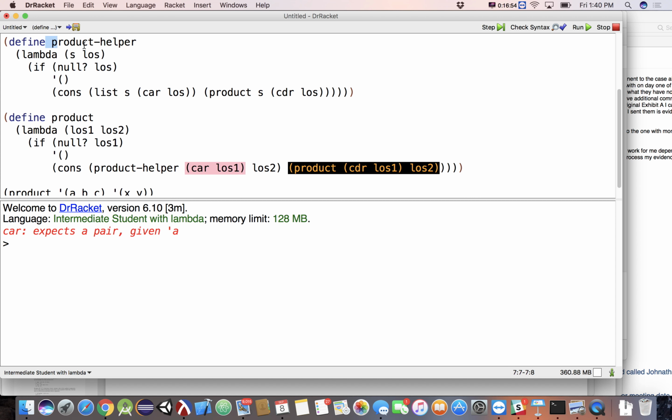Oh, I didn't fix that. I get it. My recursive call to product helper is still calling product because that guy used to be called product.